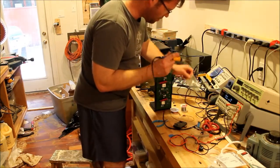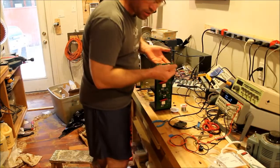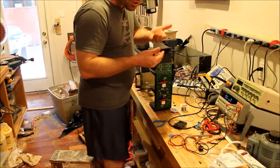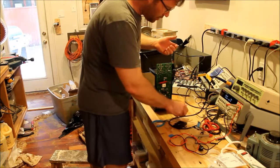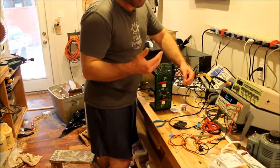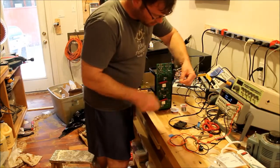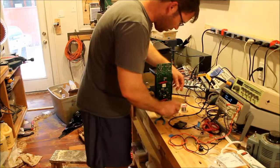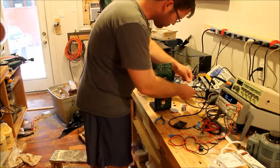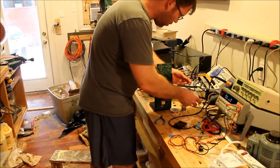Now, what some people will do at this point is reuse that solder, reheat that solder, and push the new component through. I don't like that method because very often it will pull the solder pad off the board. So I've got solder wick. I've got my new capacitor, again a Nichicon Gold,